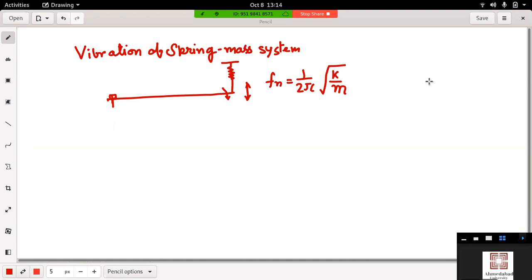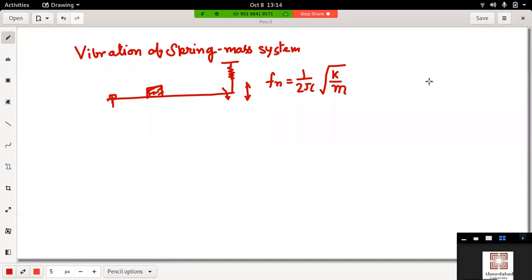Now, what will be the effect if we apply one load at some distance from the spring? Let's say we have applied one dynamic load at a certain point here, and this dynamic load is like a pulley over a shaft. The pulley rotates, so the pulley is a dynamic load. So this dynamic load is here, and by applying this dynamic load on this beam, it will affect the vibration of the spring, and it will affect the vibration of this beam also.